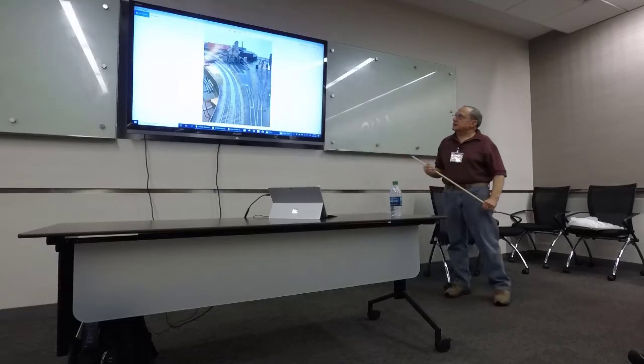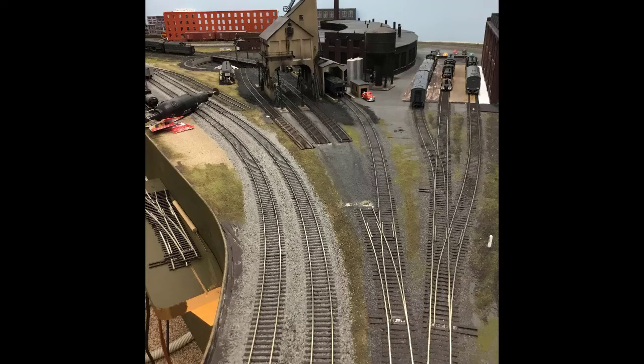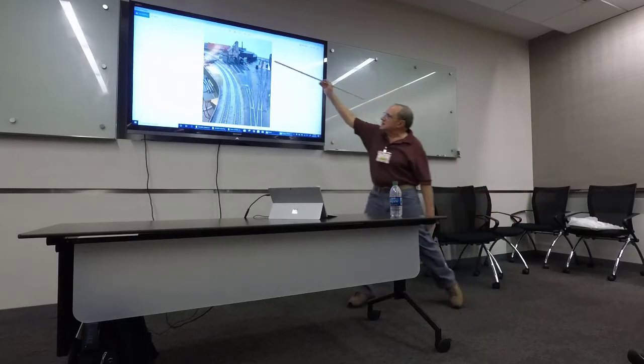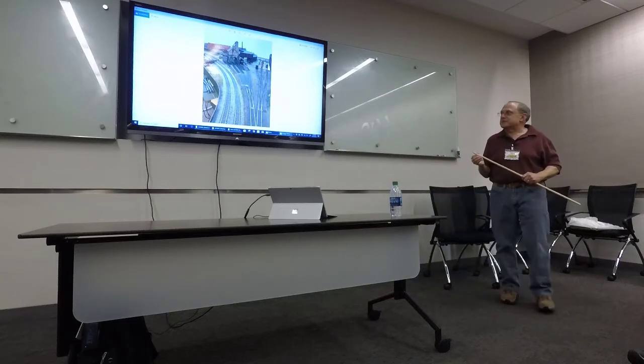Okay, new project going on with mine. Again, it was brought up that, Russ, here it comes again, you don't have anything to service your diesel. We're working on the roundhouse, or the servicing of the steam. And when I first started this, I said, two tracks, I'm not going to put all the chutes down there. And I kind of found out with Steve that